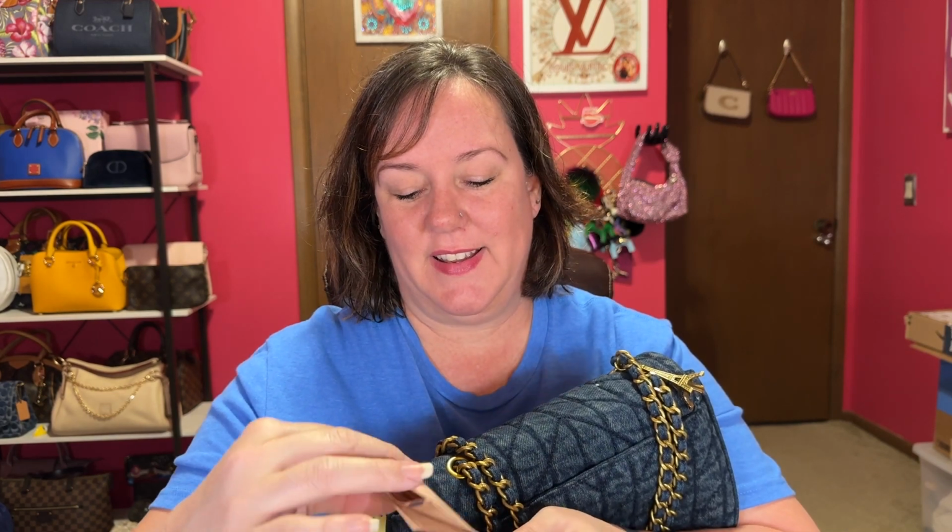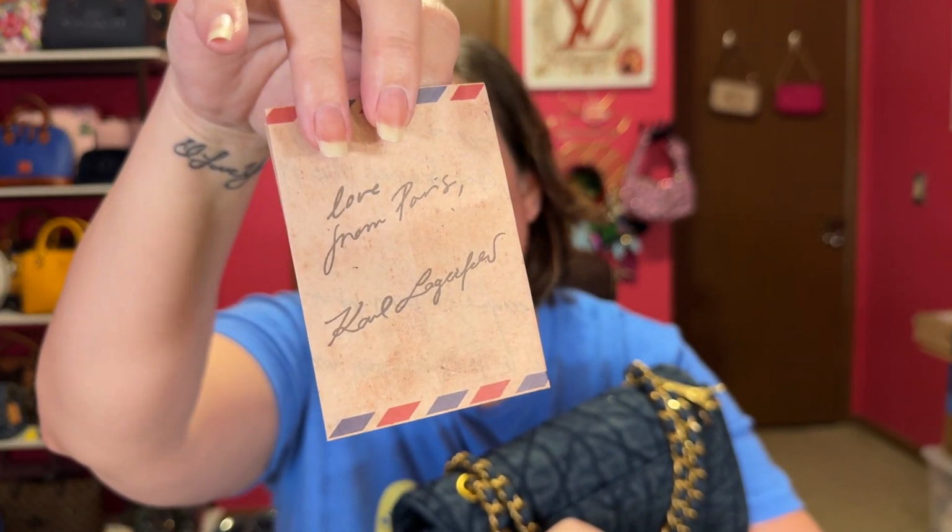And I already know what's in this back pocket, so I'll show you in case you haven't seen it, because I've been watching these unboxings already. It has the Karl Lagerfeld care card, and this is so cute. It says, "Love from Paris, Karl Lagerfeld." And it has this little note in the back pocket. Very unique, I would say. And this is what